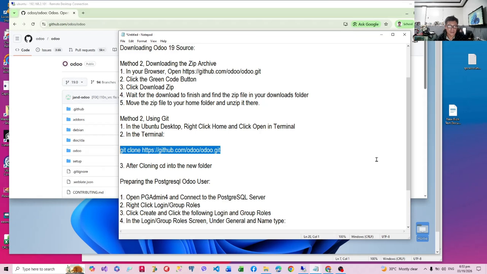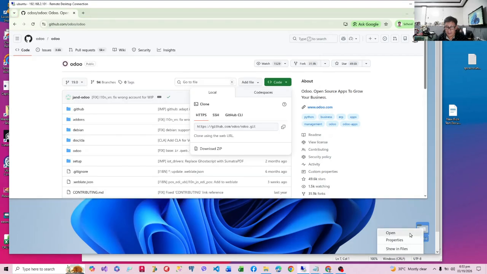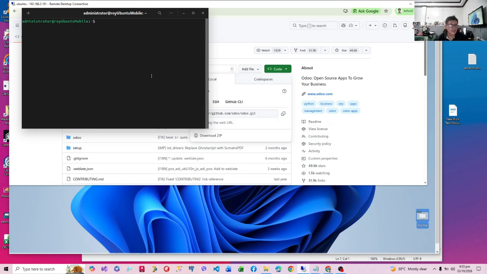Git clone and press enter. By the way, you do this after opening the terminal in the home folder. What you do here is, for example, you right click on home, and then somewhere below you have open in terminal.